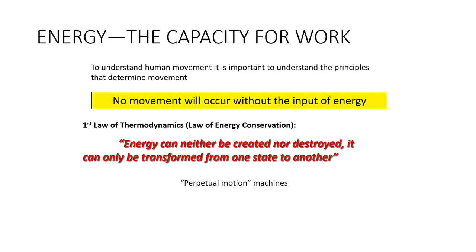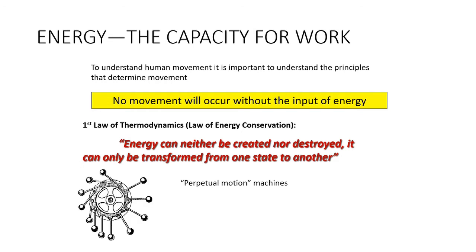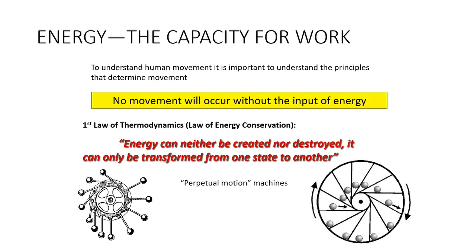Over the years, over the centuries, people have tried to invent what's known as perpetual motion machines. These machines don't require energy input. Once they start, they never stop. Now, intuitively, we know that just does not happen. No one has built a perpetual motion machine, and it was in fact Leonardo da Vinci over 500 years ago who debunked this notion using science, showing that it is impossible to have a perpetual motion machine here on Earth.